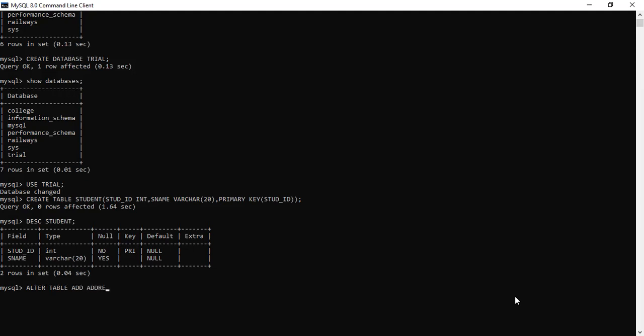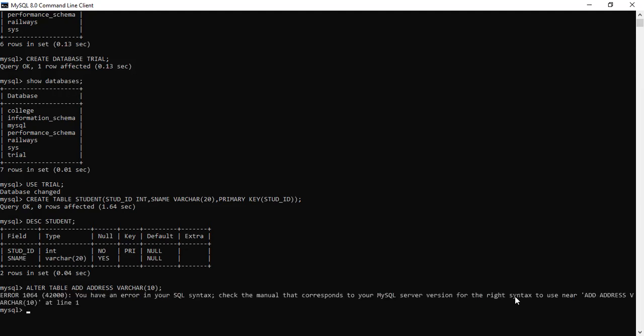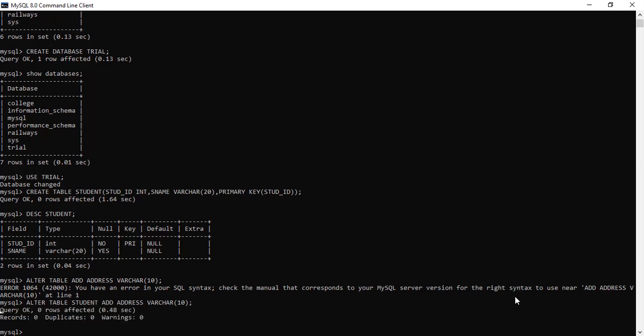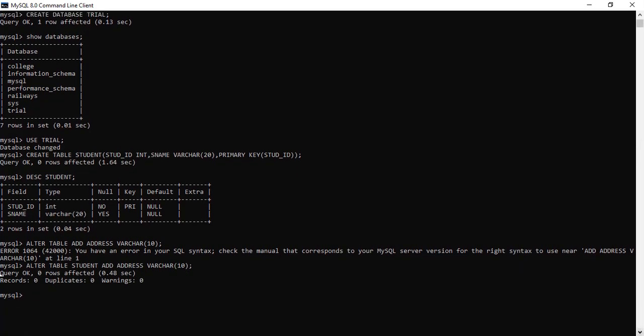I want to add the address column to the student table, whose data type is varchar of 10. The table name is missing over there. Table name is student, add address varchar of 10. So the query has executed properly.